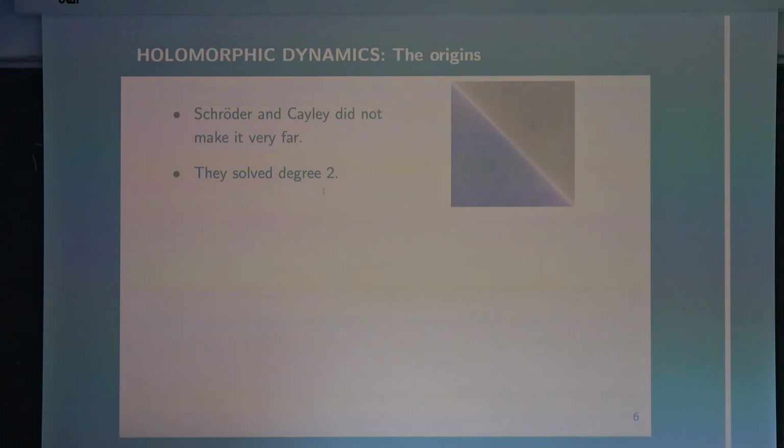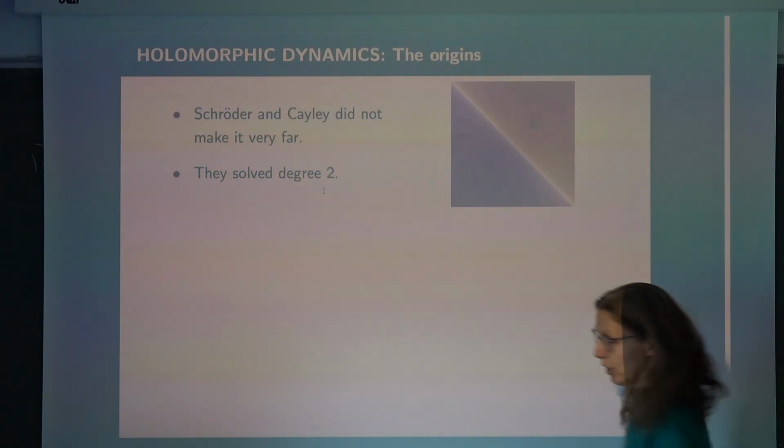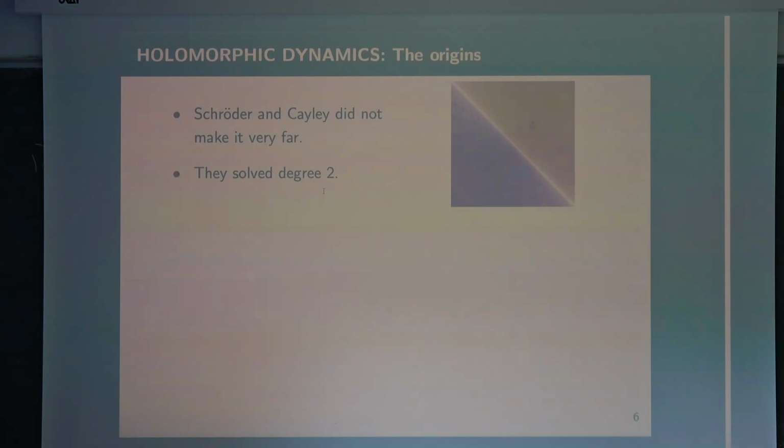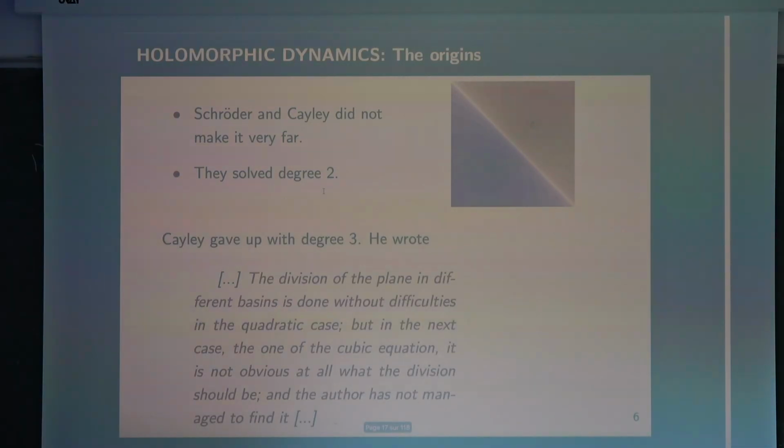They could only go to degree 2. Okay? Polynomial of degree 2. They could solve the problem: which starting points converge to a root, and to which root you converge. Okay? In fact, you have the two roots, and you have the line which is at equal distance from the two roots, and it separates the plane in two parts. And in each part, if you start in orange, you converge to the orange root, and in purple to the purple root. Okay? But they couldn't go to degree 3.